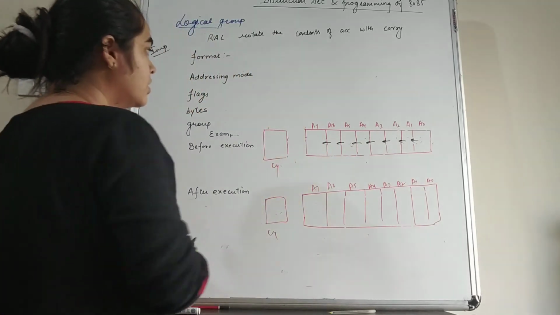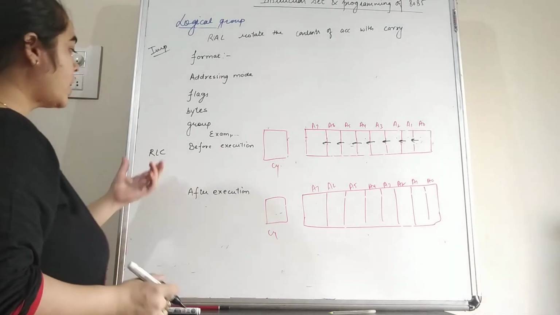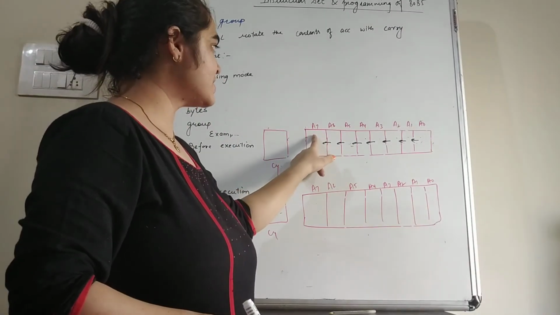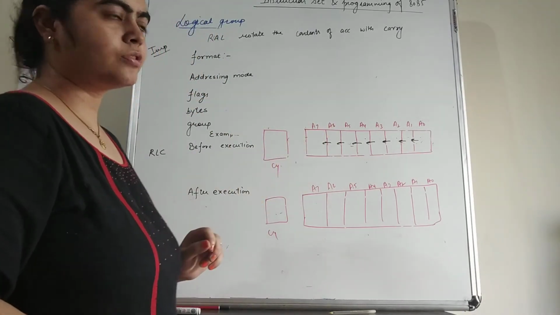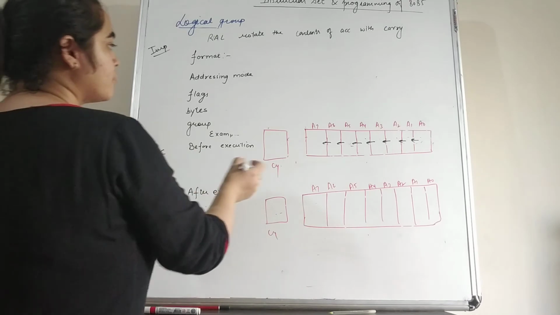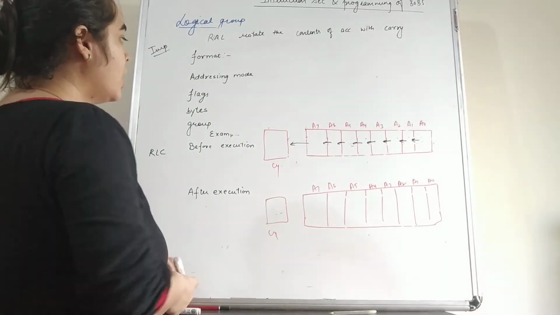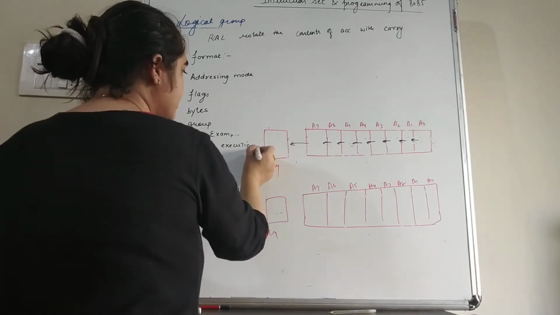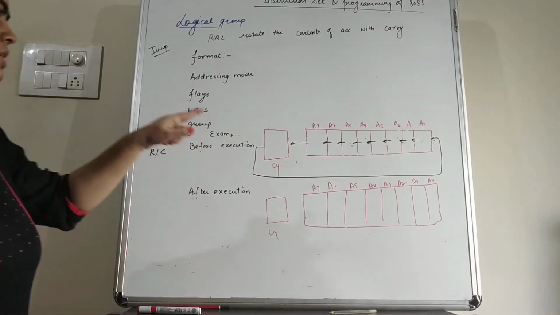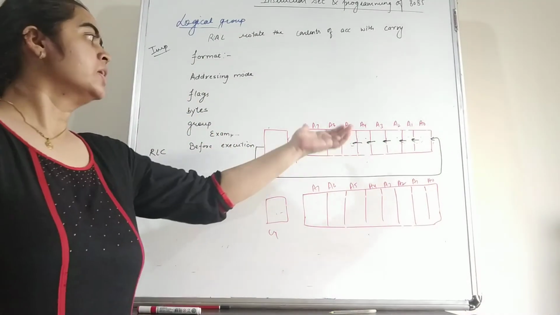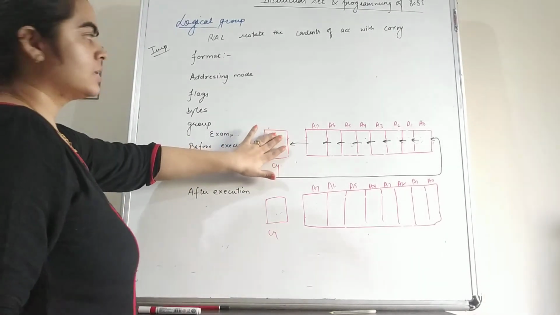But now students, in RLC, we shift the value of A7 into A0, as well as the value of A7 into the carry flag. But in case of RAL, we shift the value of A7 into the carry flag, and whatever value was present in the carry flag, we move into A0. So this is the cycle that goes from right to the left side, and bits are moved one by one, taking the carry also.